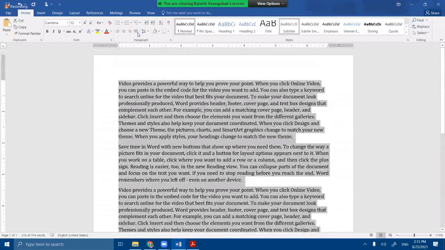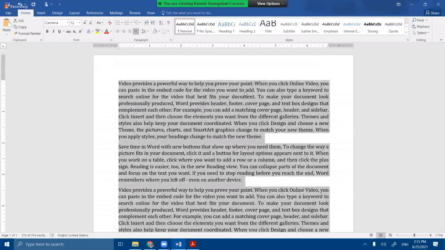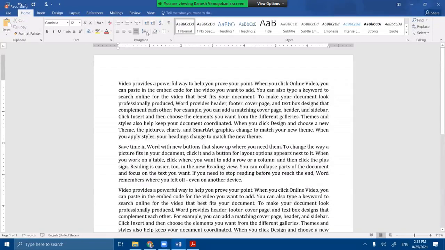Now you can apply the justify. All paragraphs will apply the same particular alignment, a particular paragraph formatting, right? And then this is the